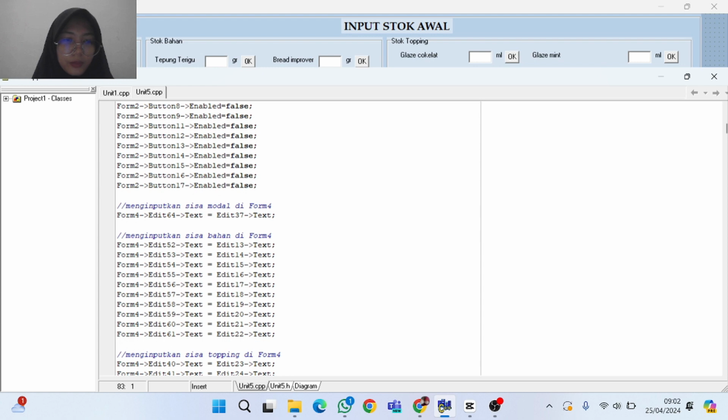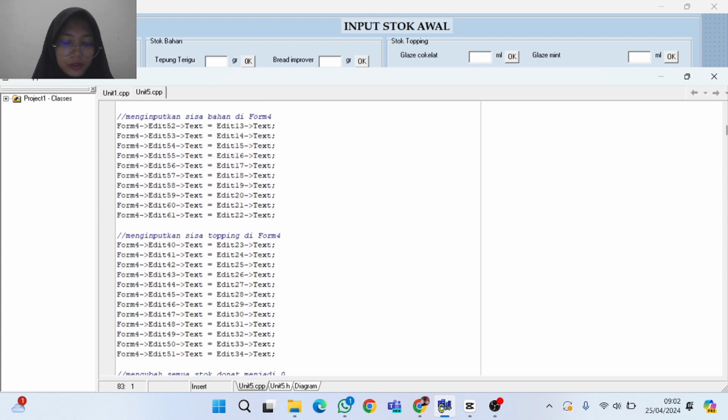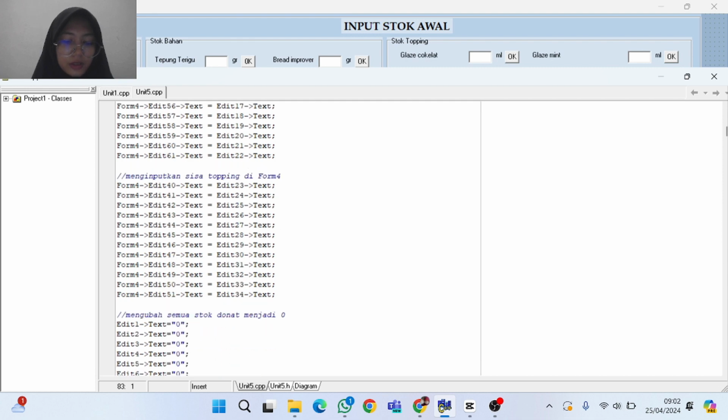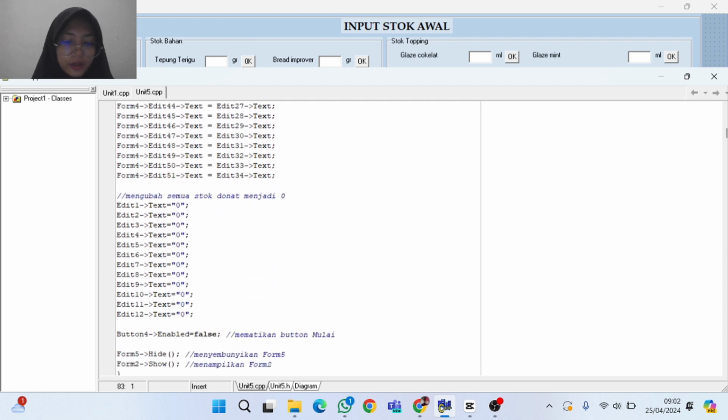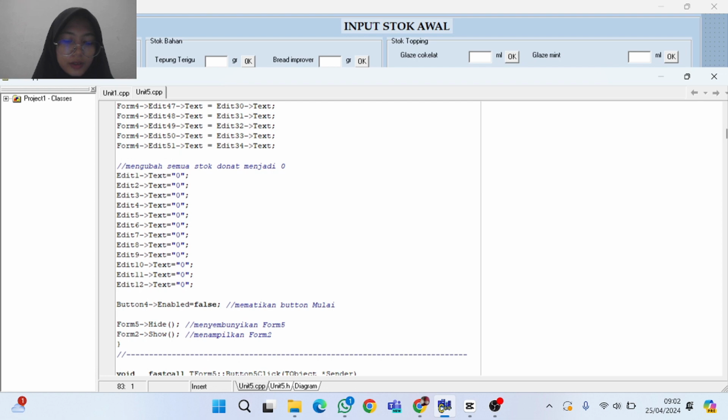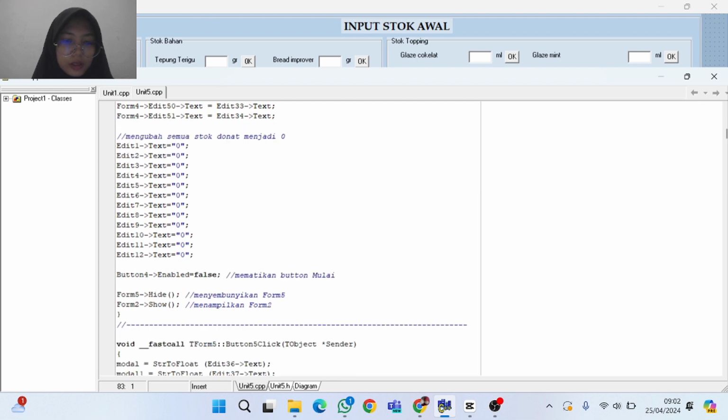Input the remaining materials into form 4. This is the code to change all edit to 0 again. This is source code to turn off the start button and this is to show and hide the form.